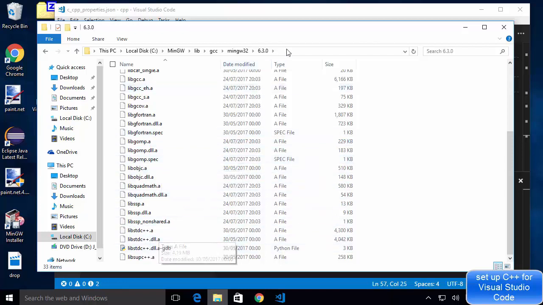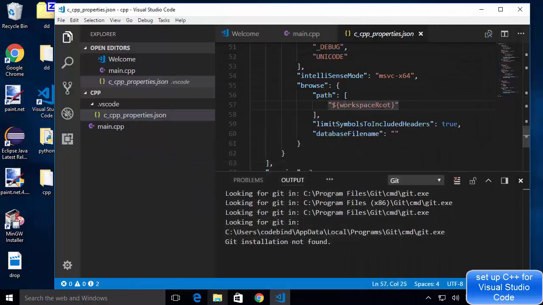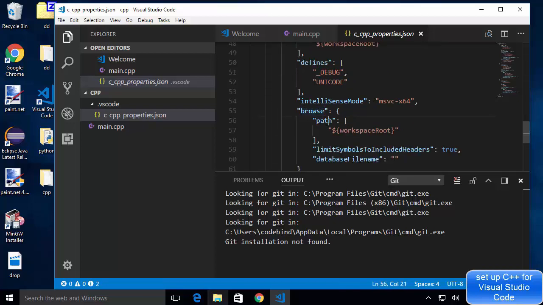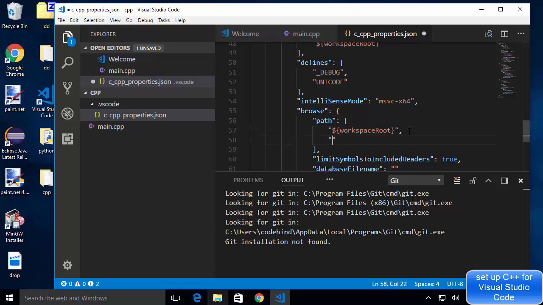I will copy up to this path, and then write a comma here under Windows. I'm working under Windows, so under browse and then path I will give a comma here, press enter, and then in double quotes I will paste this path here.